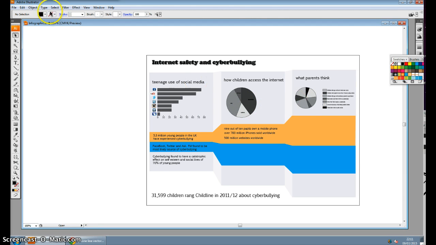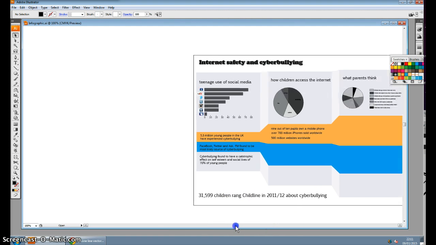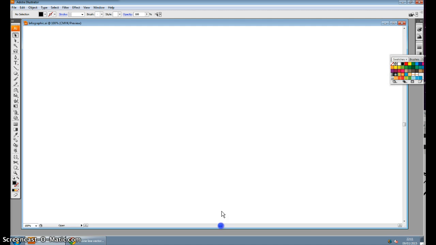So we're using Adobe Illustrator, and we're actually going to draw our graphs in Illustrator. So the first thing I'm going to show you is this one here, which is a bar chart. So we're just going to move this out of the way a little bit so I can draw on this blank screen here. So the first thing we need to do if we're going to draw a chart is find